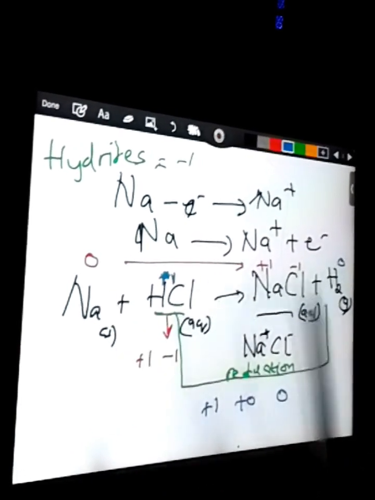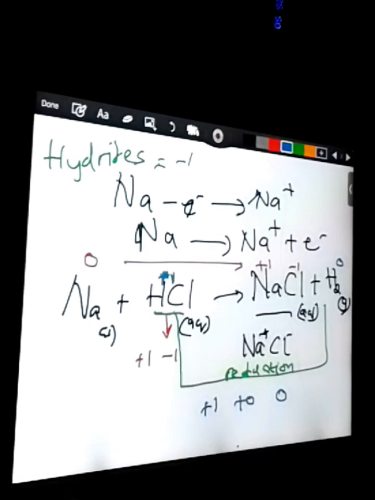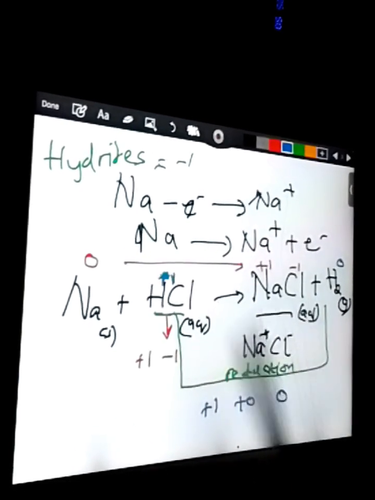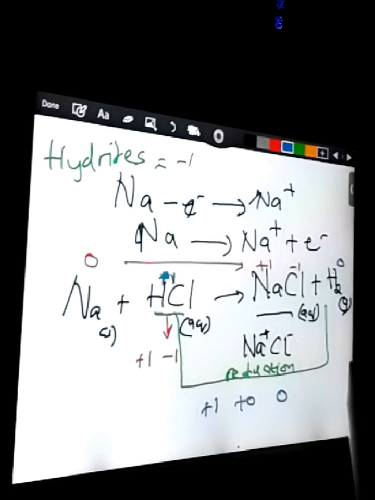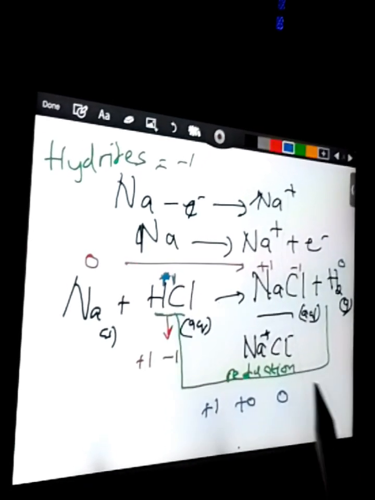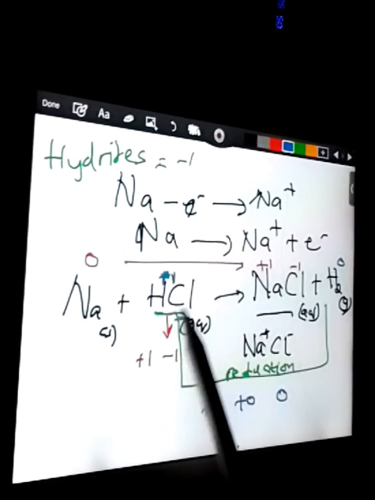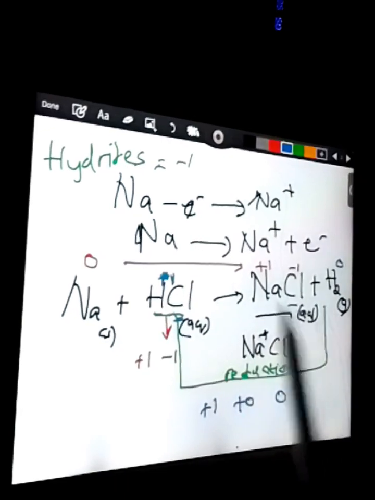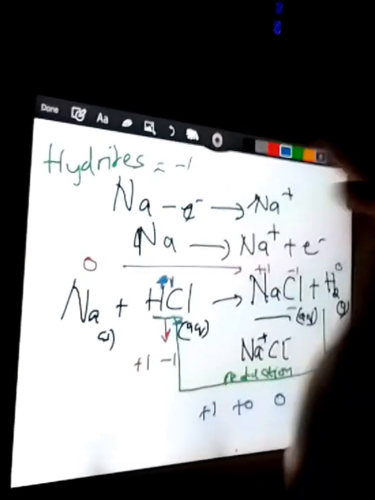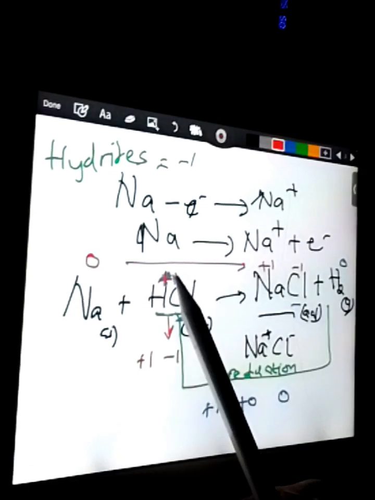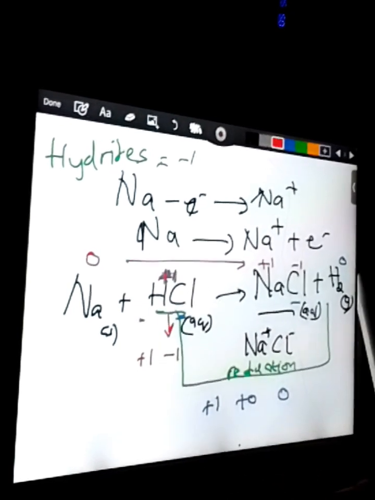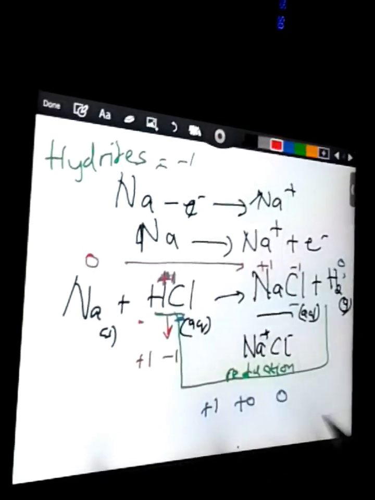It has lost an electron to chlorine. Chlorine remains the way it is because it does not change state. It is still -1 here, and it is still -1 here. But hydrogen is the one that changed oxidation state from +1 here to 0. So hydrogen has been reduced,